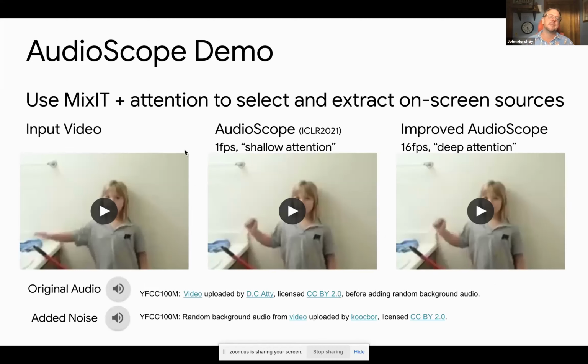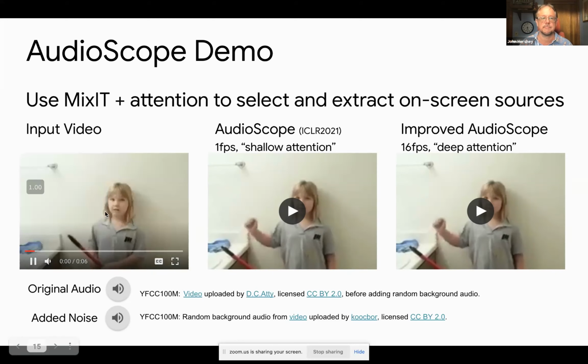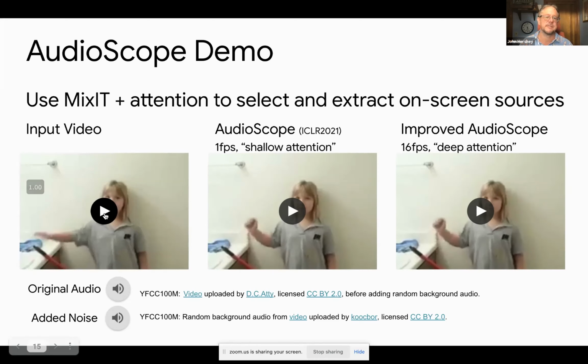I chose this demo because it's a non-standard sound. The input video is just a video from the Flickr database, and we supplement the original audio by adding the soundtrack of a random other video to it, so we make an extra noisy video. Here's what it sounds like. She actually whispers in the original video, but you can't hear it because of the sound of rushing water from a kayaking video. It just obliterates everything else. But you do hear the clunk of the broom hitting the